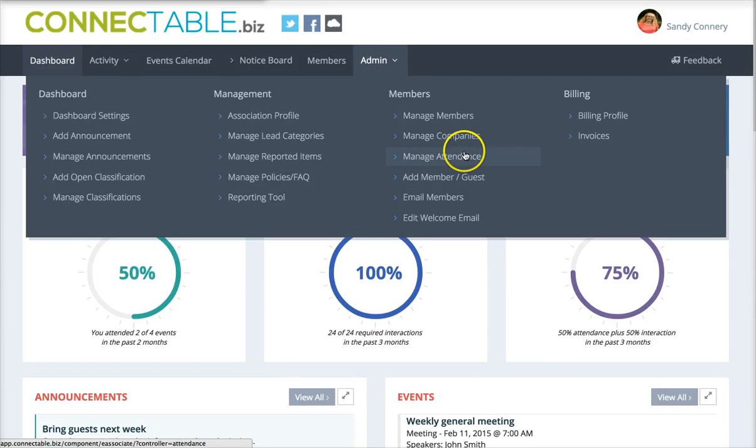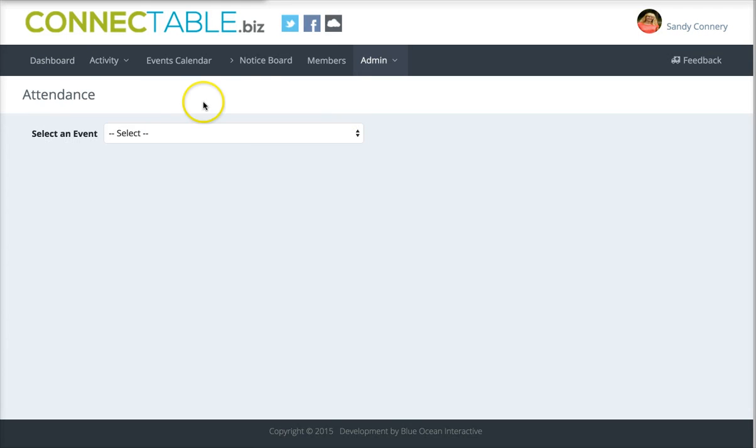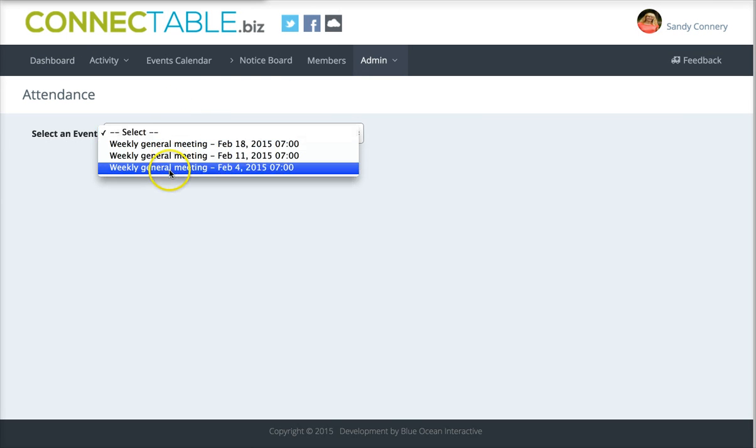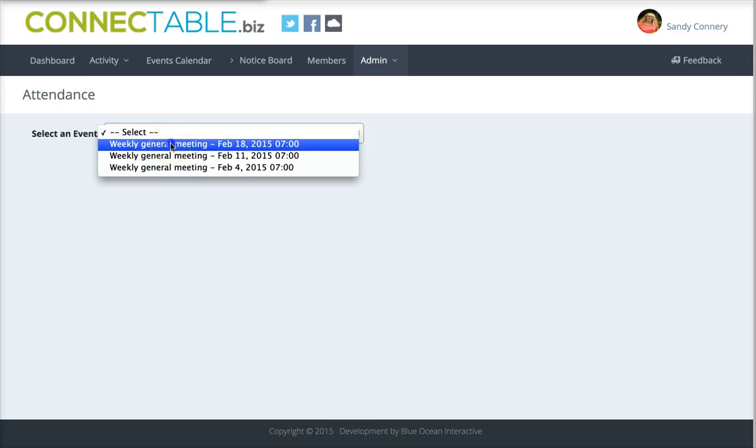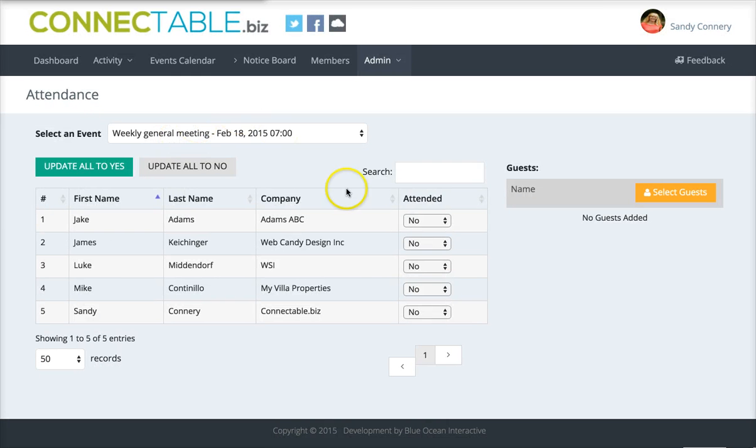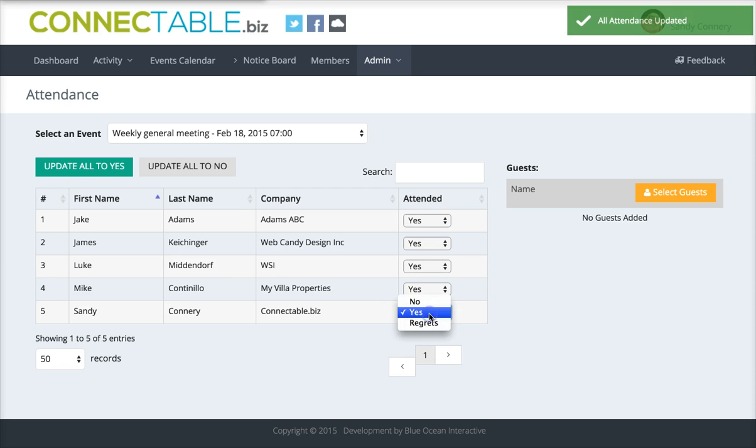The next thing is the attendance. So it is very simple. You simply select the meeting that you're at. So we'll say February 18th. Here's all the members. Simply click Update All to Yes. Everyone is now showing as attended. And if there's a couple that aren't there, you can just go back and simply change those to No. And your attendance is done. And you can print out attendance data at any point in the report section,